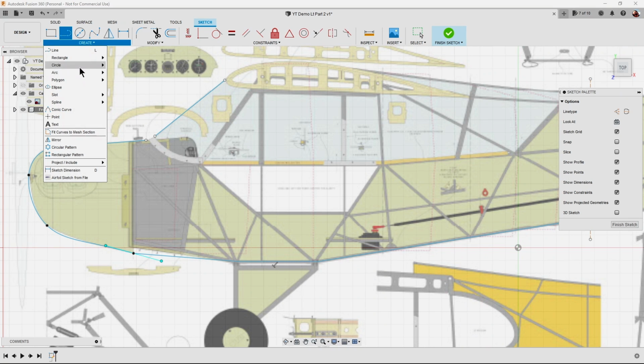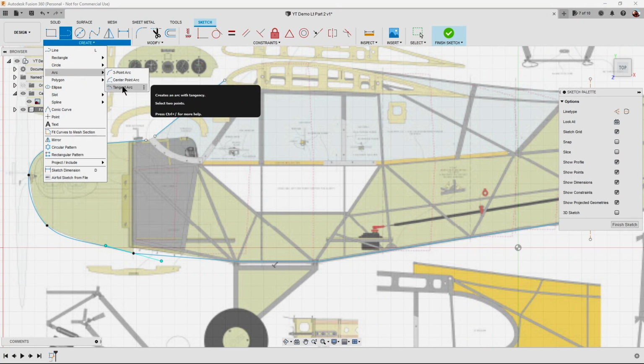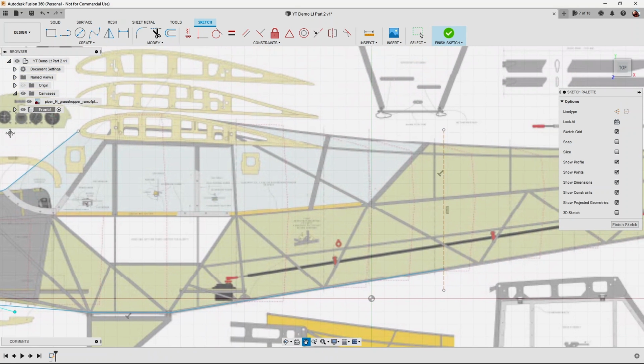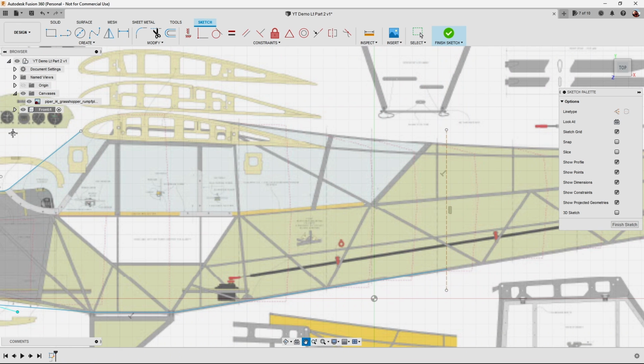And then what I'm going to do now to fill that gap in is go up to arc. If we go to tangent arc, if we select 2 points, it creates an arc that joins those points together, a nice smooth arc there. Right, so that's that one. Now I'm going to switch back to a spline,